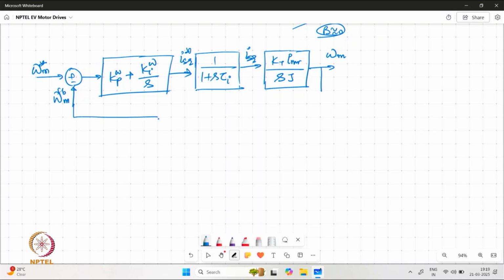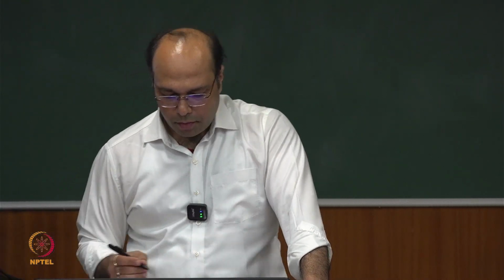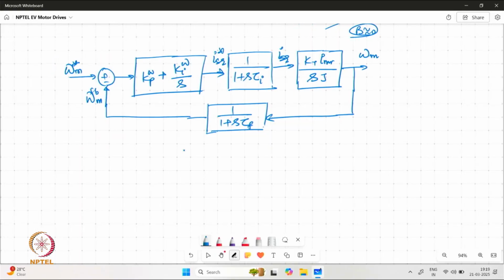And the feedback for omega is basically taken after a filter. Time constant for the filter is written as tau f. So because of the noise available in the surrounding and it's coming as a measurement of a mechanical quantity sitting on the motor, the sensor might be sitting on the motor. So we are having a first order filter to remove all the noises so that our feedback is not affected by such disturbances. Now in this system, once again, if we try to write the open loop transfer function,